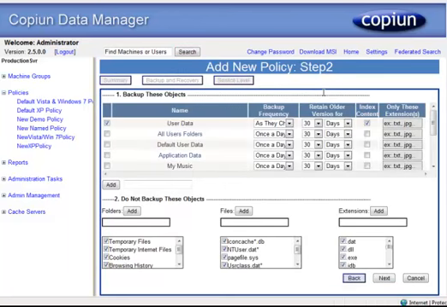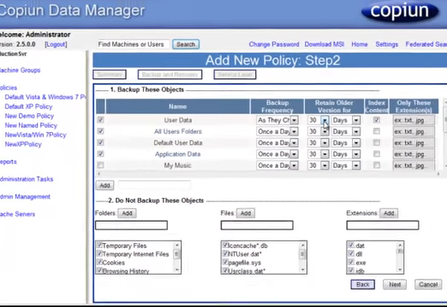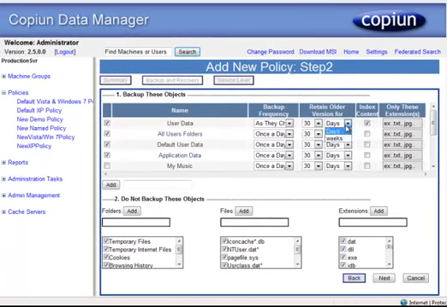On the next screen, you'll see that Copiun has pre-created logical objects to quickly check off and add into the backup set. It's as simple as checking here. We can then change the backup frequency to once a day, once a week, or as they change. You can also change the retention period for that particular logical object. We can change it to be X amount of days, X amount of weeks, or if you prefer, years,